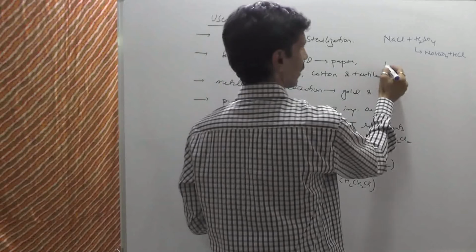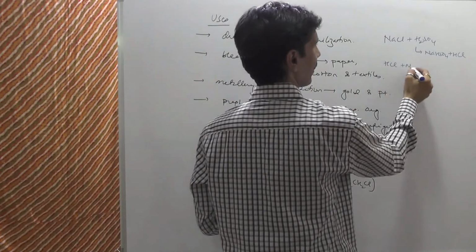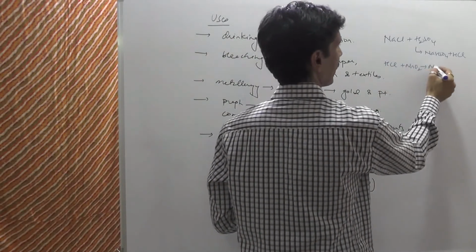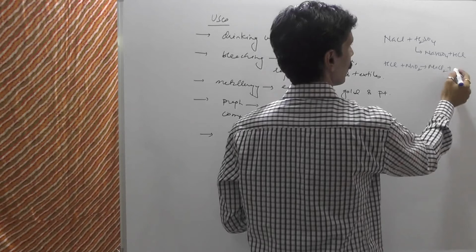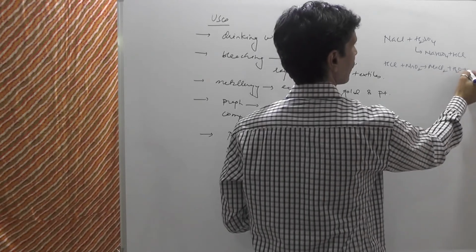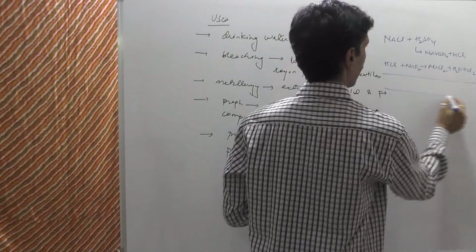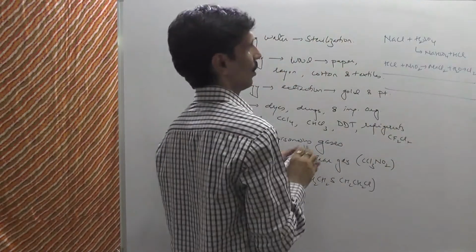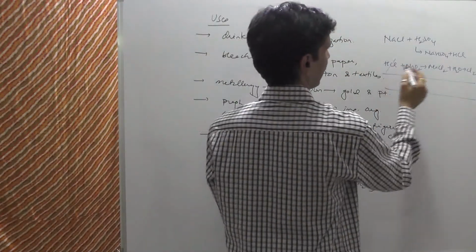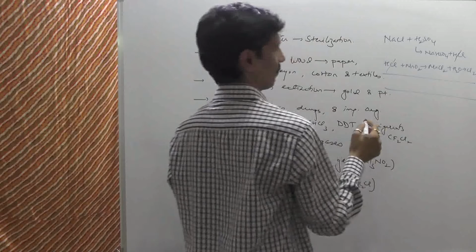In the second step, this HCl will react with MnO2 and it is going to give you MnCl2 plus H2O plus Cl2. तो अगर ये दोनों रिएक्शन को हम लोग ऐड करें तो HCl and HCl gets cancelled,